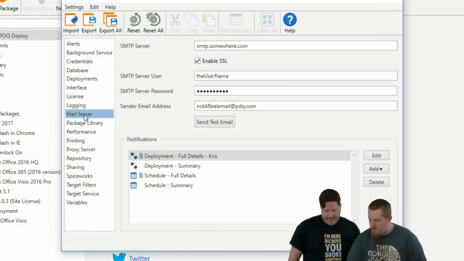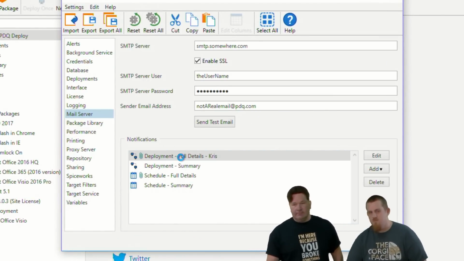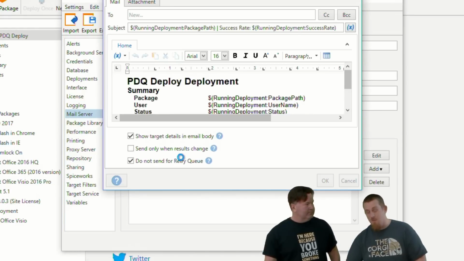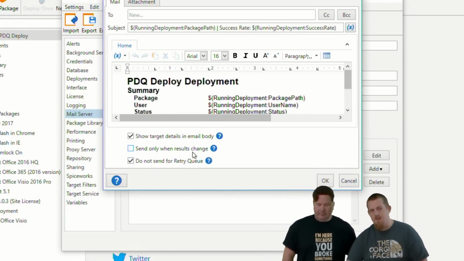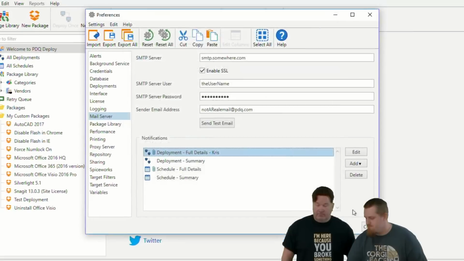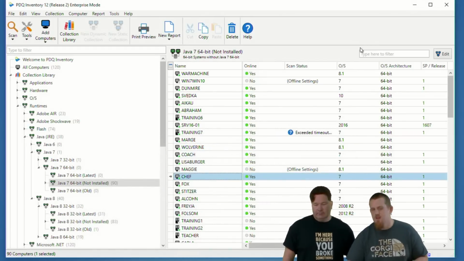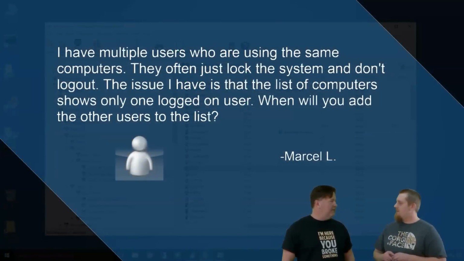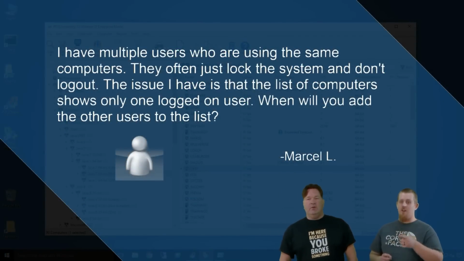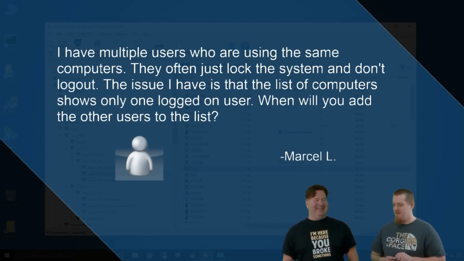So here on a mail server, you can set up your notifications and have them go to whomever you choose. You can create multiple. You can have it as specific, as detailed, or as vague as you'd like. So you can spam your boss if you'd like. Hope that kind of gives you what you need. If not, there's at least a PowerShell workaround there: Send-MailMessage.